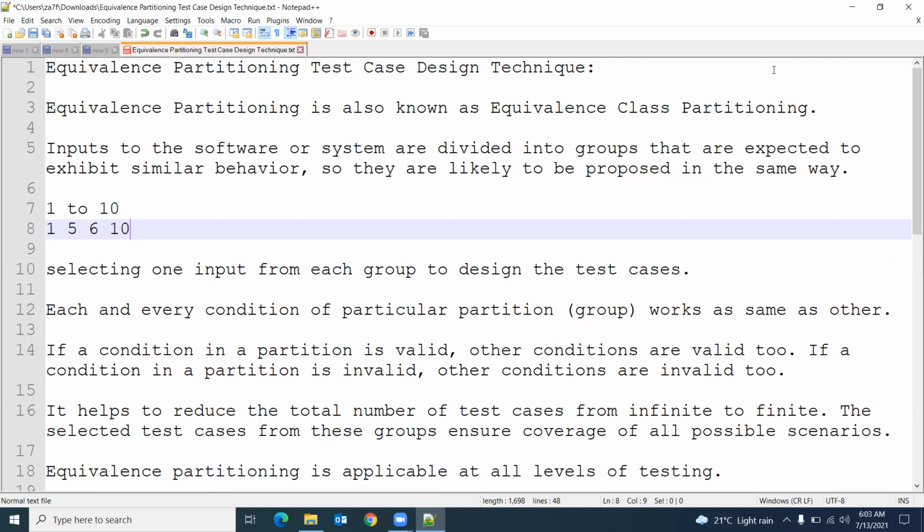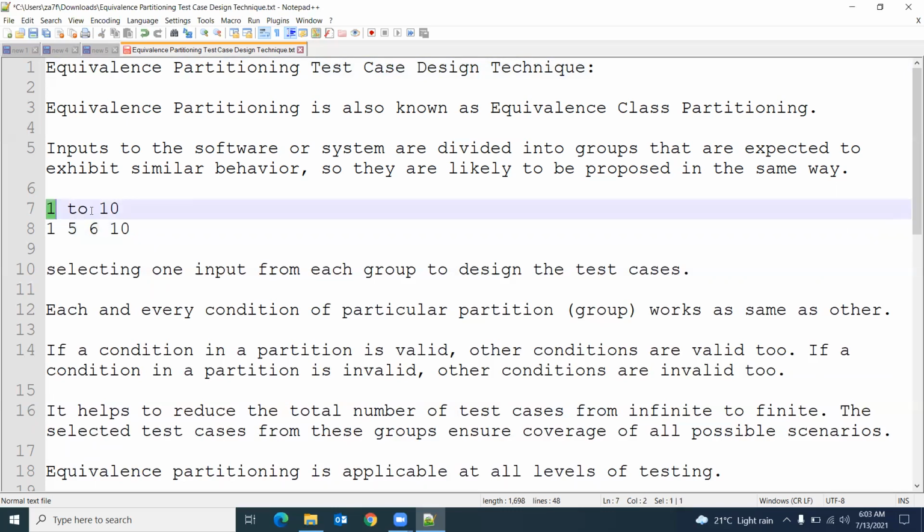Like that we can divide, or else we can take it as one group: this entire 1 to 10 is one group, below less than 1 is one group, and greater than 10 is one group. There are three different groups. We can divide based upon our requirement